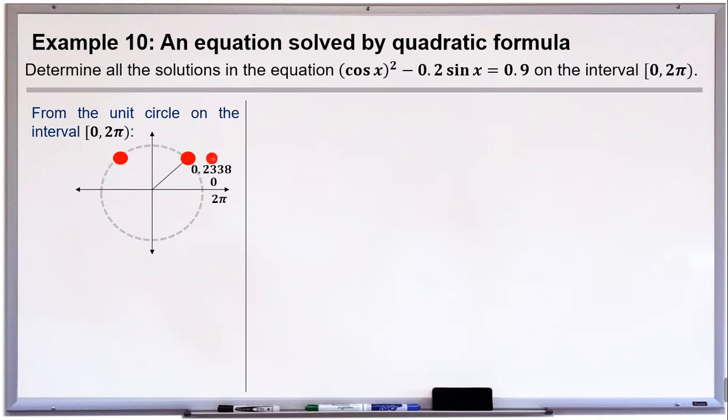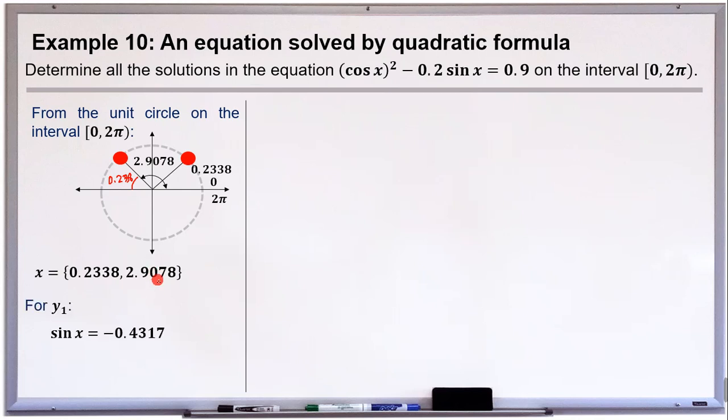So in quadrant 1, the angle here is 0.2338, whereas in quadrant 2, simply take the difference of pi and 0.2338, because this one right here is 0.2338 and we have a 180-degree angle. So the angle here for the second quadrant is 2.9078. So our answers for this interval are 0.2338 and